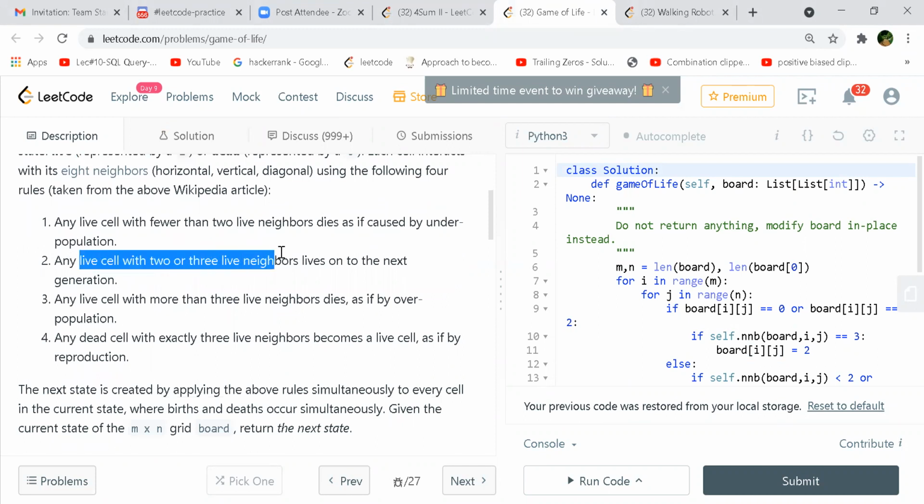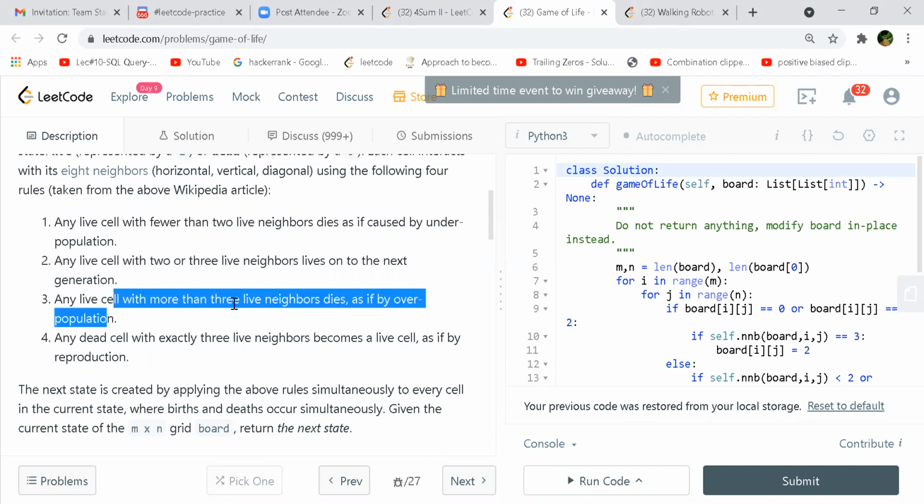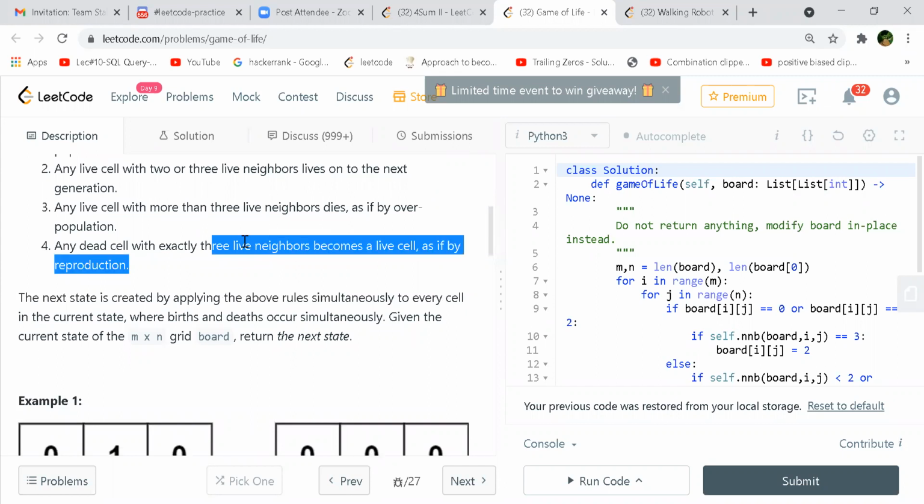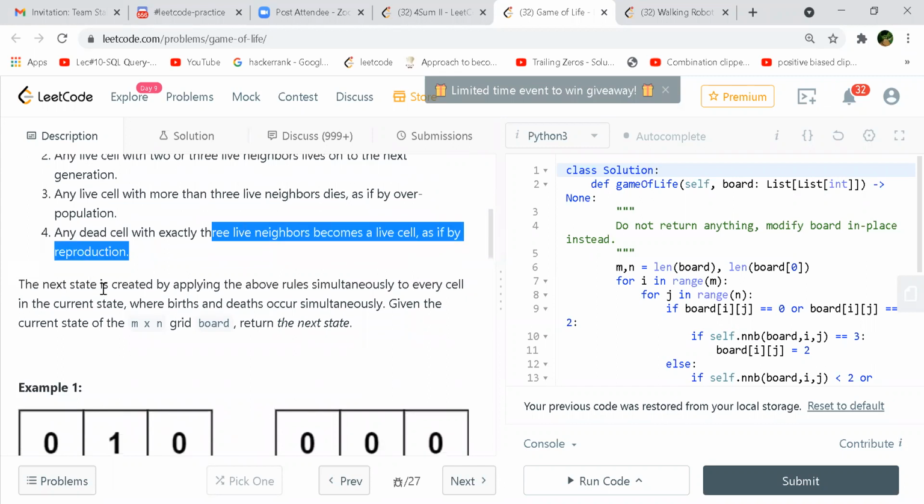A live cell with 2 or 3 live neighbors lives on to the next generation. A live cell with more than 3 live neighbors dies, as if by overpopulation. And a dead cell with exactly 3 live neighbors becomes a live cell, as if by reproduction. The next state is created by applying the above rules simultaneously to every cell in the current state, where births and deaths occur simultaneously.